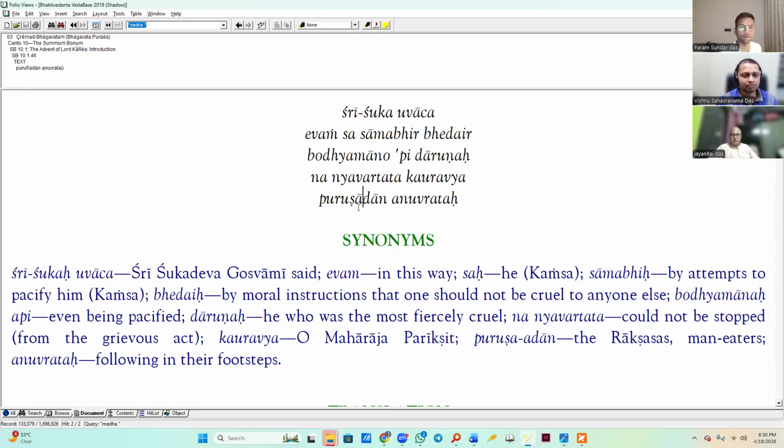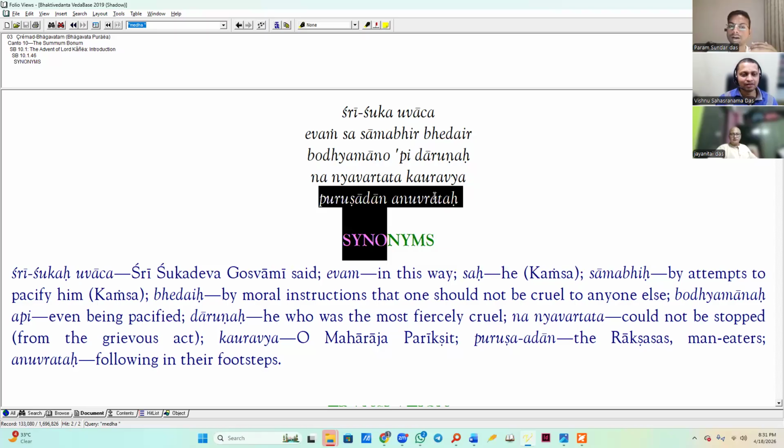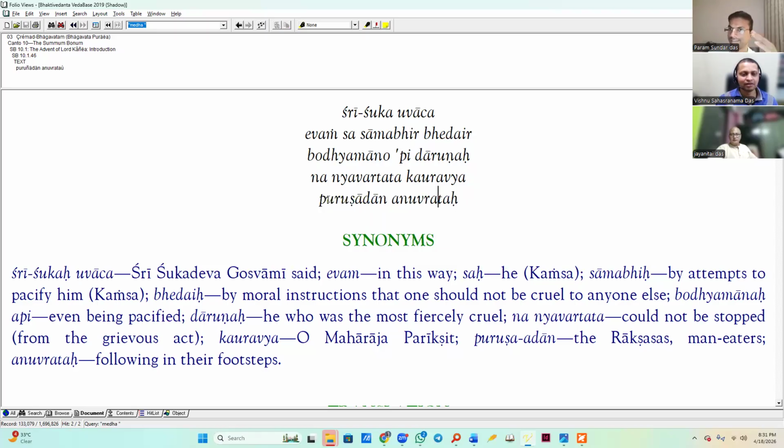So what can we expect from such a person? He's following the man eater, so why will he himself hesitate to kill a man or a woman? He's following the footsteps of those who are eating men. Eating means killing comes before eating, so he's just doing the first step. Not a big deal for Kansa. Purushadan Anuvrata. Our philosophy is Maha Bhagavad Anuvrata, or Ragatmika Anuvrata, Raganuvrata. His is Purushadan Anuvrata.